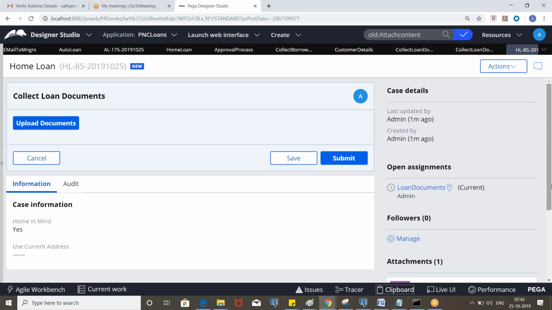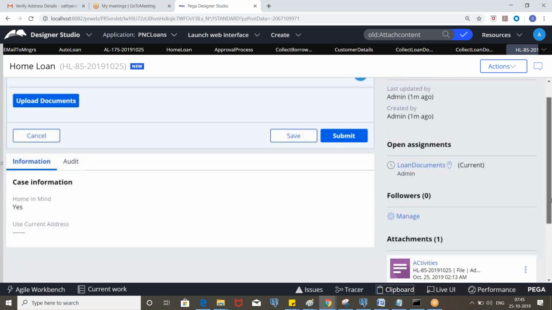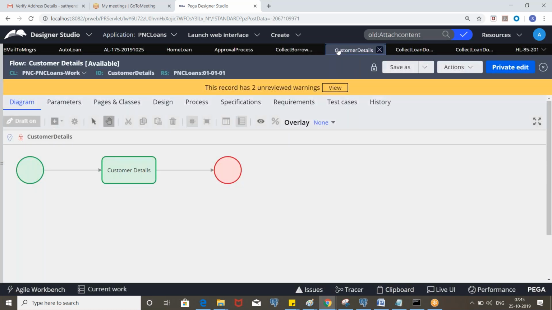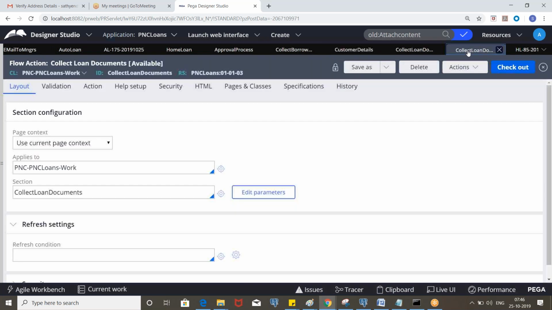Whatever documents you upload, if you want to see them here itself, we need to add a section called the pyCaseAttachments.